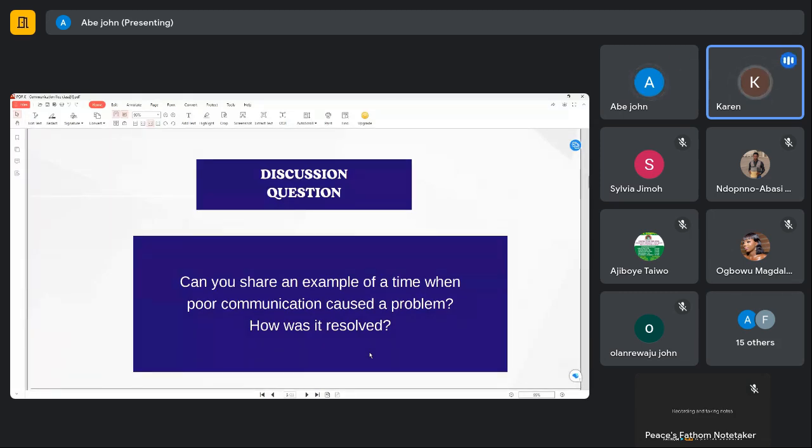But at some point, nobody was saying anything, and because everything was just on one person, we kind of didn't do well in the project. But I believe that if there was effective communication between me and my team members, we would have actually come out the best in that particular project that was assigned to us.